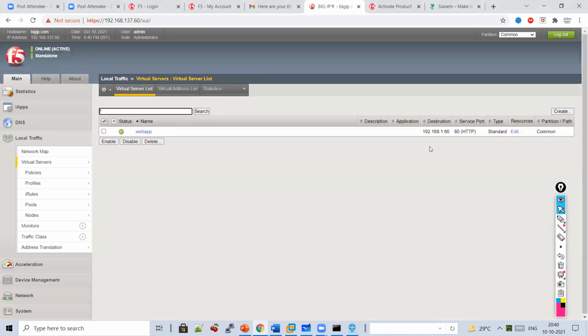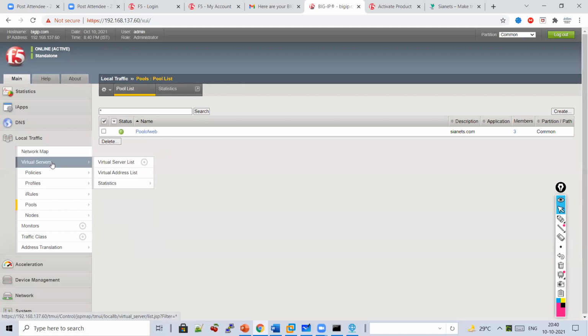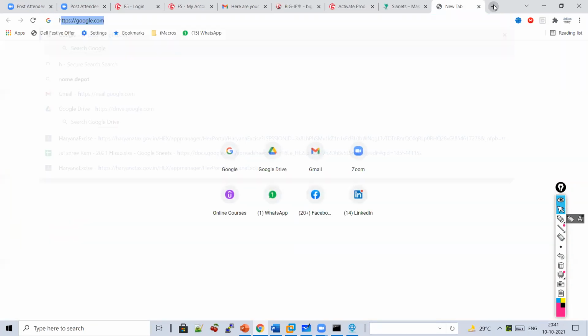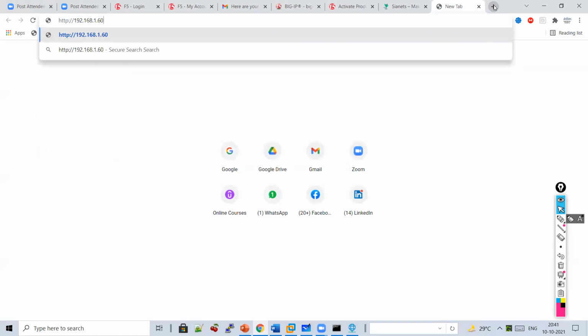So guys, we have a green server. If servers are red, then it will also be red. Now let's access an application. I will run HTTP 192.168.1.60.